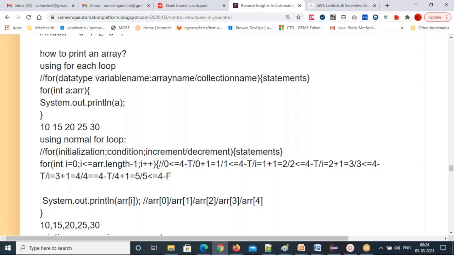Even if you don't give values, default values will be assigned by the JVM. So 0, 0 will be assigned if you don't assign a value. So that's the problem: you cannot reduce, you cannot increase, once you declare the array and fix the size. Okay. Thank you. Any other questions?